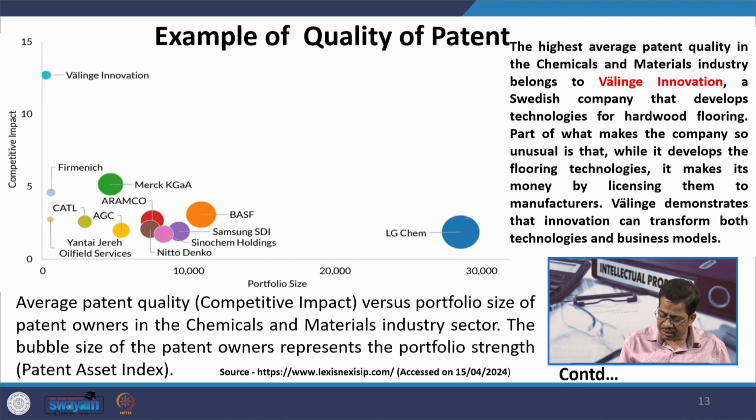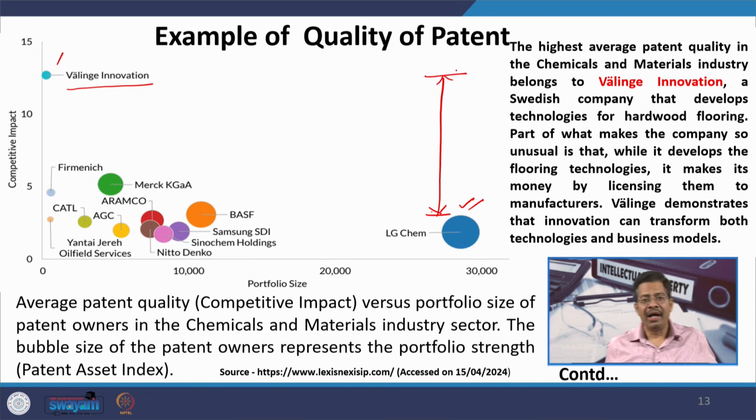So, you see on the rightmost side LG Chemicals, the bubble size is really very big, and on the leftmost side Velang Innovation, the size is very small. But when I see on the basis of value generated, the competitive impact of Velang Innovation is much higher